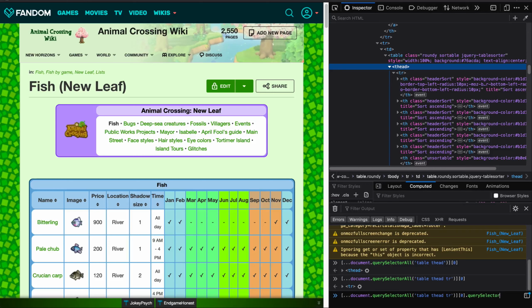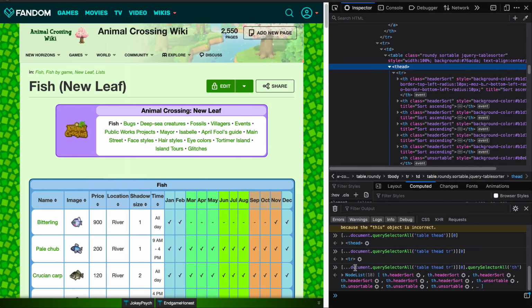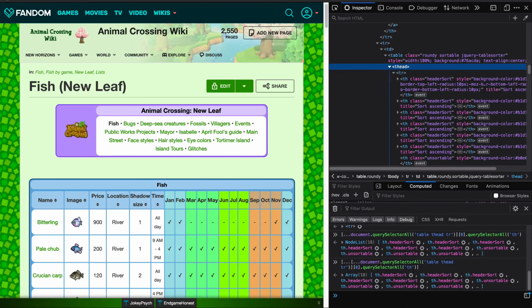And then within this, we can do a query selector. Okay, so this is going to return another node list. So again, this is going to return a node list, and we don't really want a node list, so we're going to wrap this. So we did a spread. Again, we wrapped it in an array and then did a spread operator. So it's going to spread out all of the items within that node list, and then put it within an actual array. Okay, so this allows us to use map and reduce and filter and other array methods on this